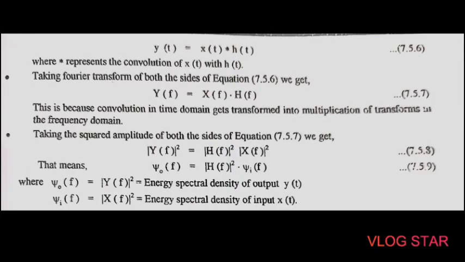Then after that we have to take the Fourier transform of both the sides. So y of t becomes Y of f is equal to X of f into H of f. This is the property of Fourier transform. We have studied that if we take the convolution of two signals in the time domain, then after taking the Fourier transform, it will be converted into the product